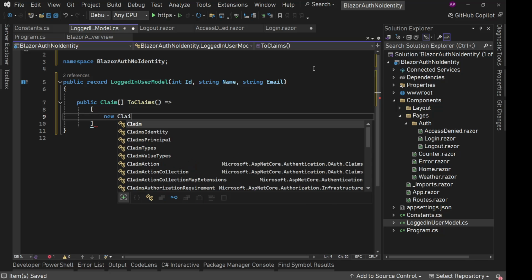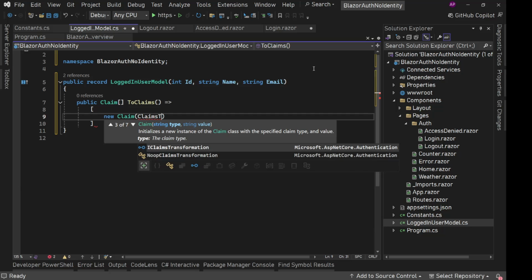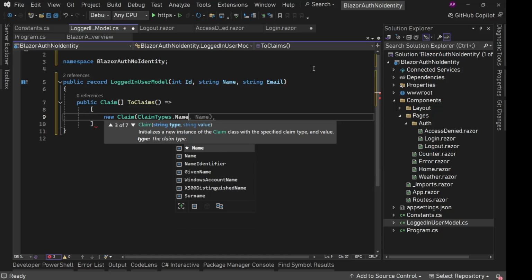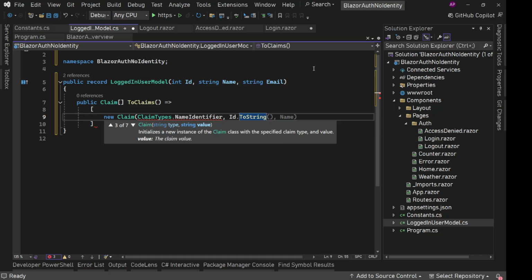And here we can have new Claim. We can add type and value. So type, we could have ClaimTypes.NameIdentifier. All these are up to you. For this, I'm going to use Id.ToString,